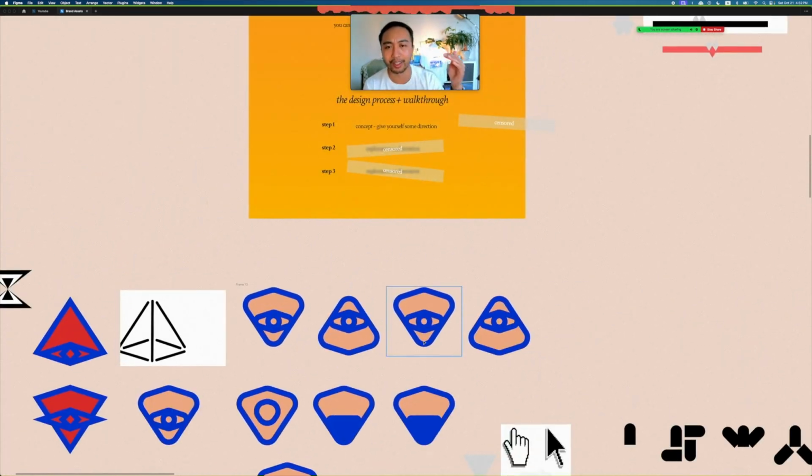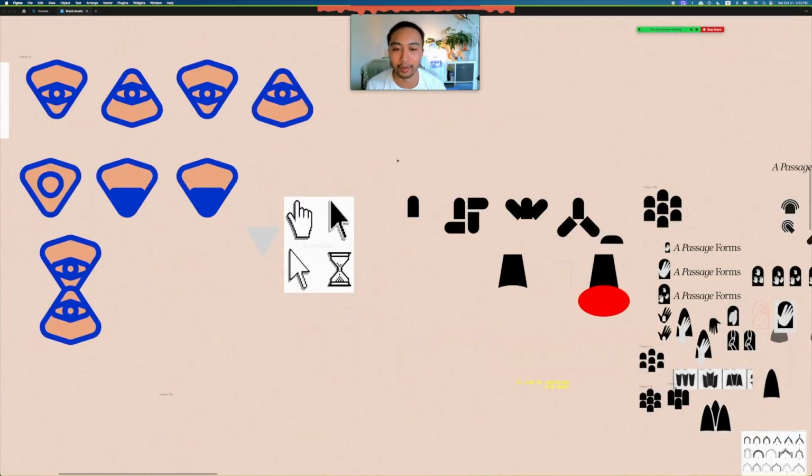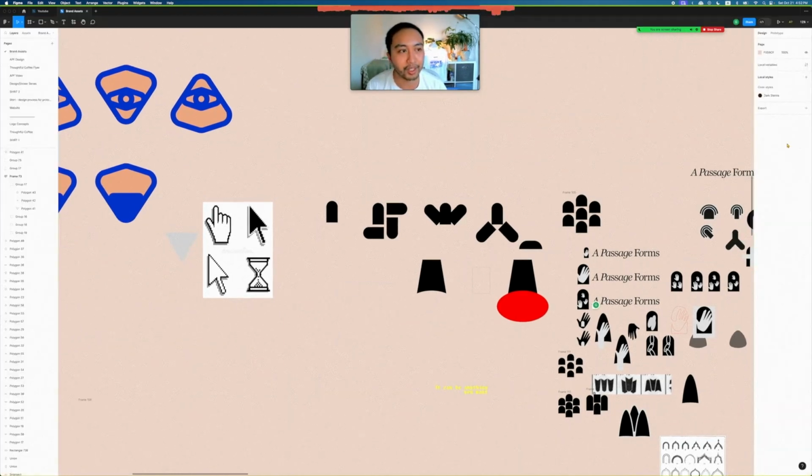It usually helps to start with a list. Like if you're a veterinary clinic, you might want to start with, okay, a dog or a cat, or maybe a visual representation of a vet, or some hands that are showing someone taking care of a dog. So you just list things and then start exploring them visually by drawing them out in your design tool or even on paper. Usually, unless you're very experienced with something like Figma,